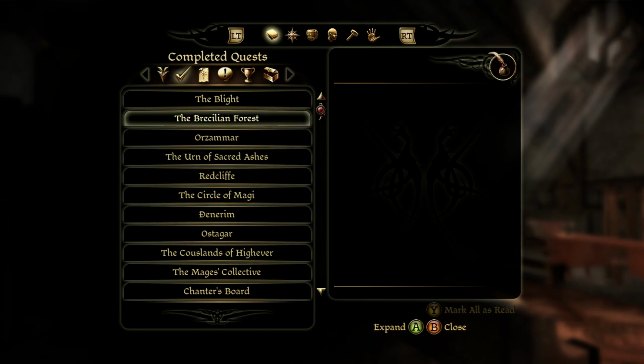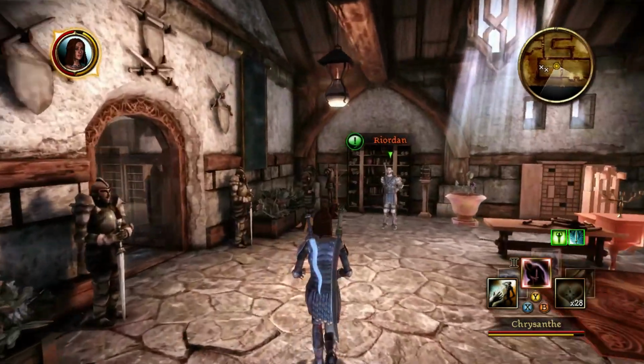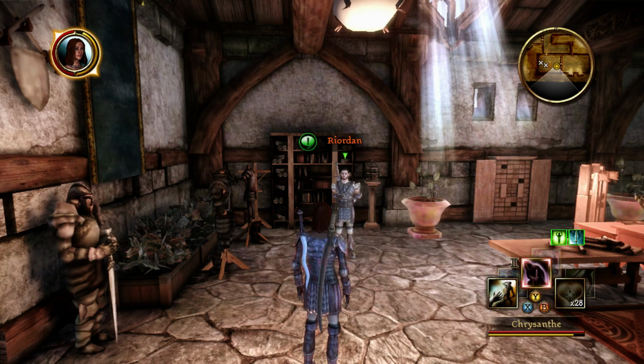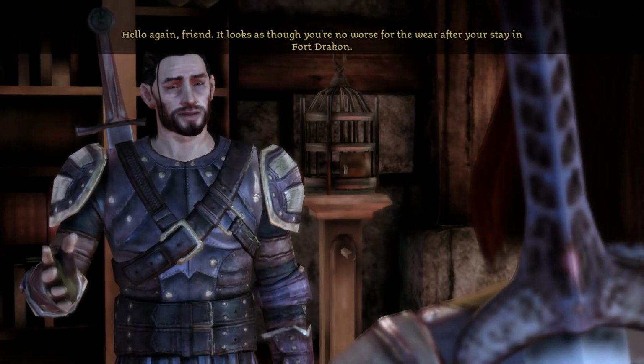Okay. Alright. So, I guess we can chat with everybody. Oh, also, we got the Grey Warden vault combination from Riordan. So we will go look at that as well. But first...